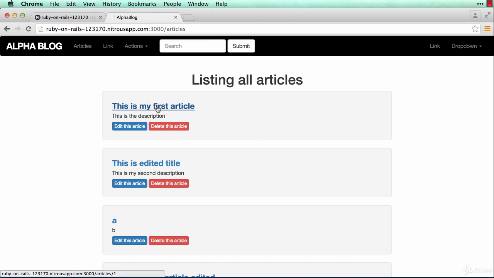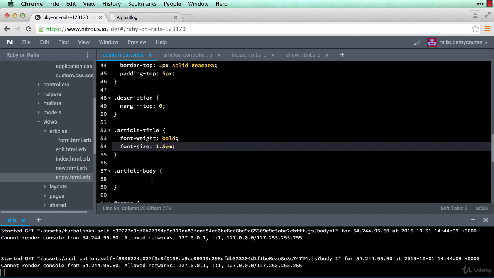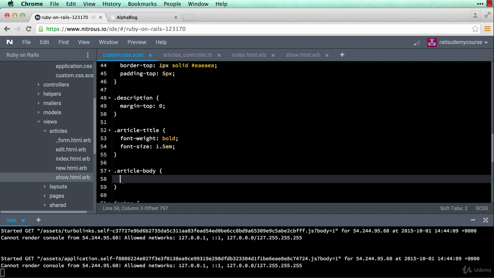Okay, much better for the title of the article. Now back here, let's work on the body. First thing I'll do is give it a border on top. So border-top